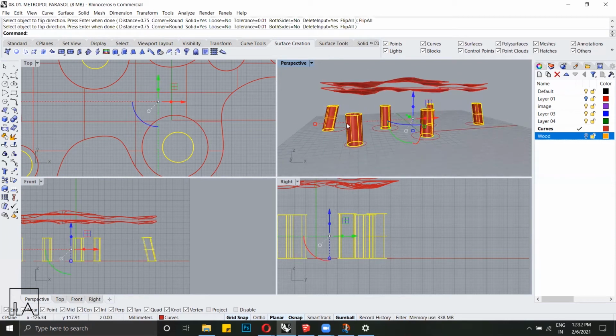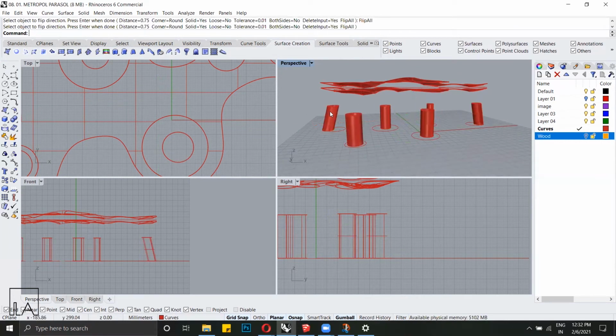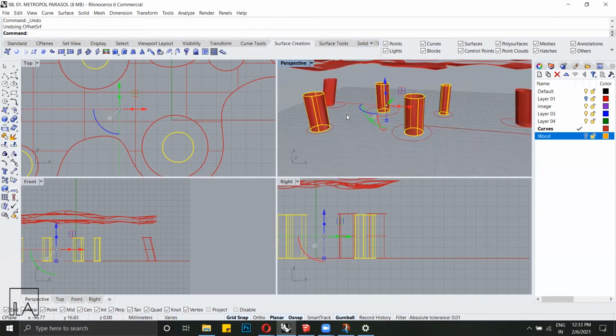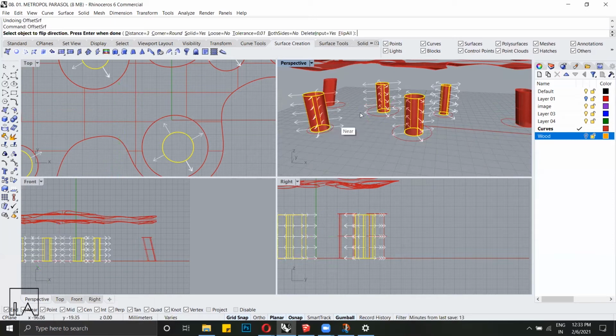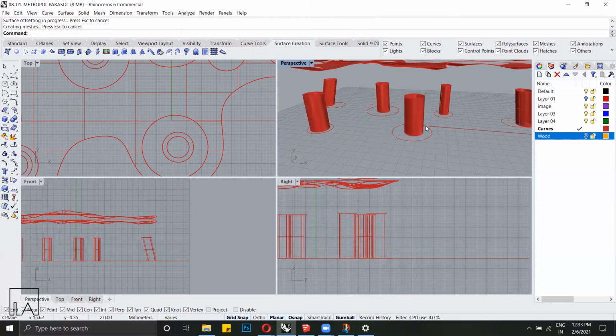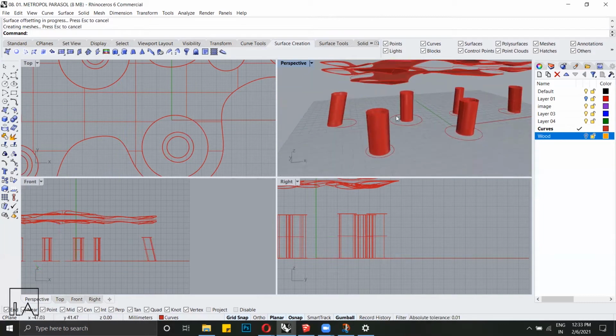So what you can do is we'll just deselect the curved ones. I'm gonna create the same offset for just the vertical axis first. I'm gonna switch off solid, and then flip all so that we get this offset inside. Hit enter. And you can see we have our inner curves.